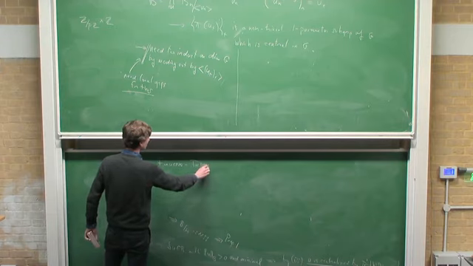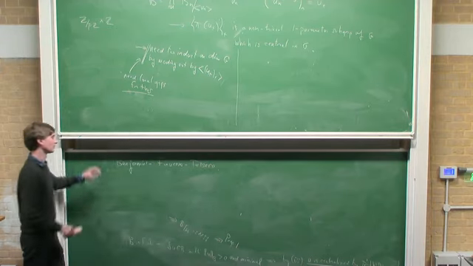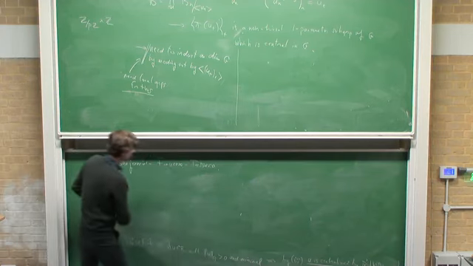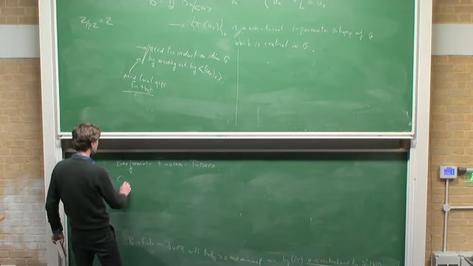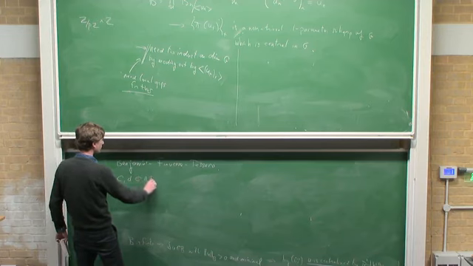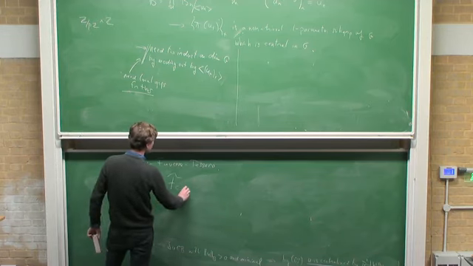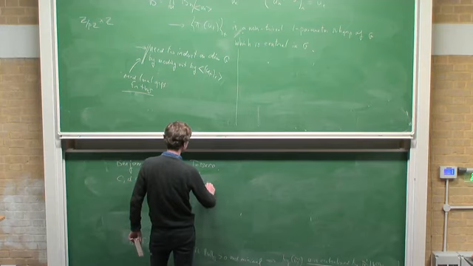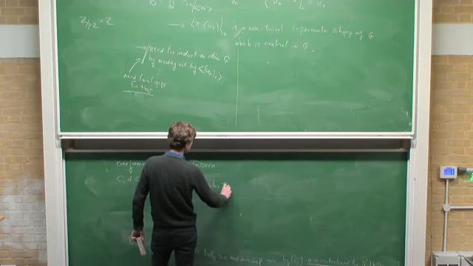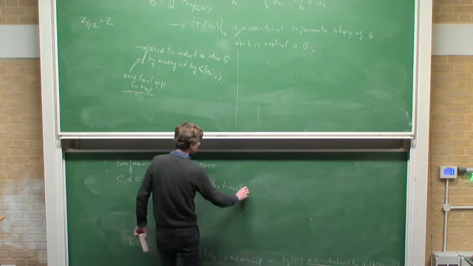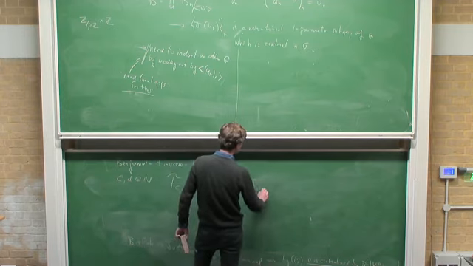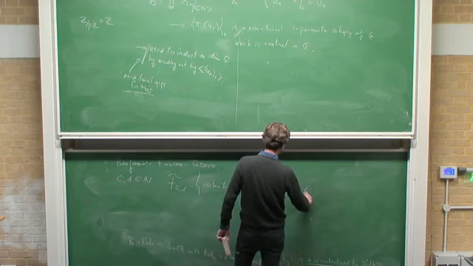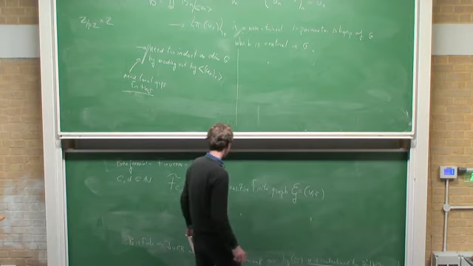What did they do? They were interested in the following class of vertex transitive graphs. So you're given two integers, and you look at this class of graphs: vertex transitive finite graphs with the property that